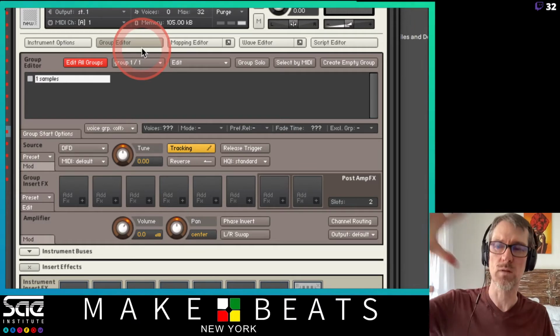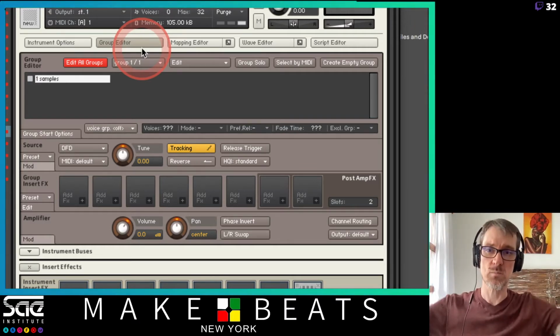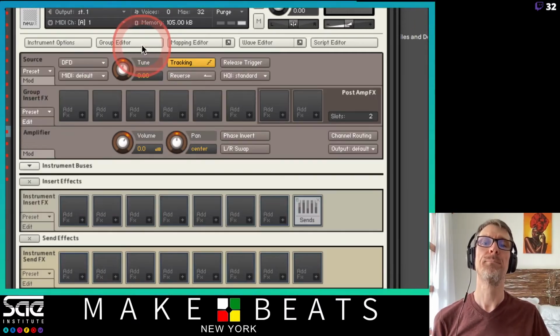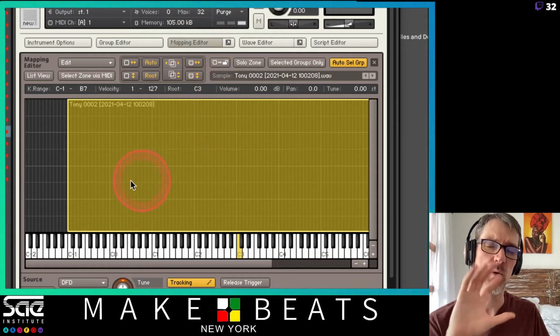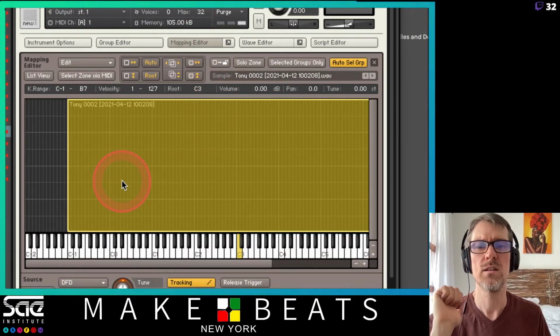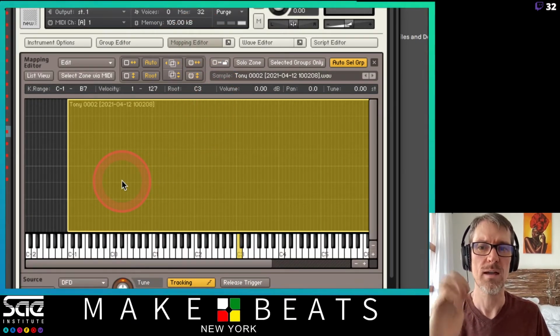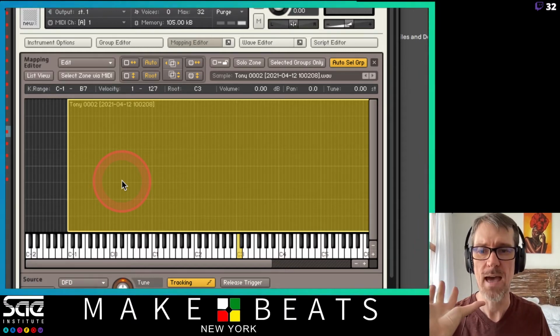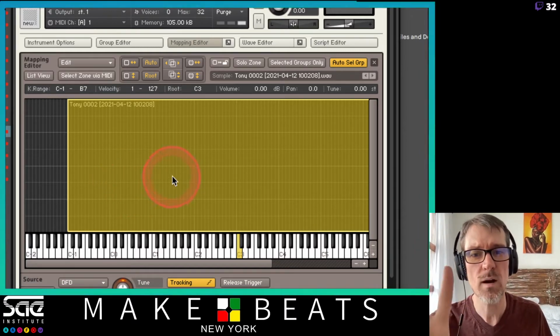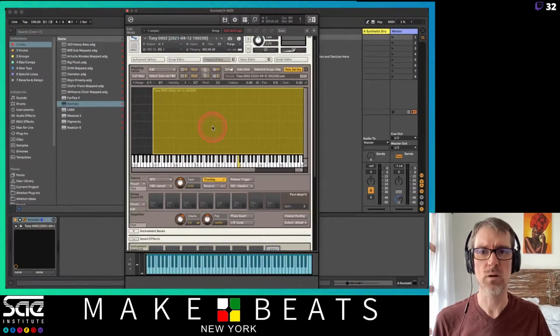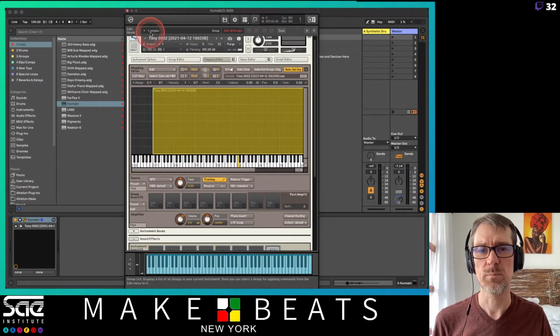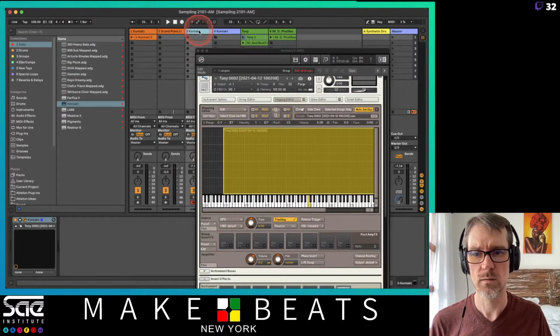If you are doing really big instruments, you might want to use different groups. Then you've got your mapping editor, and this is where you do your key zone mapping and your velocity zone mapping. You can also set up your different groups and stuff like that. And you can see what all is going on in here. So if we look at a more complicated instrument, like the piano that we had before,